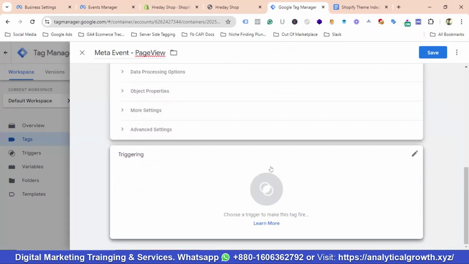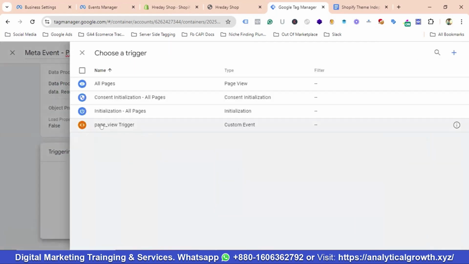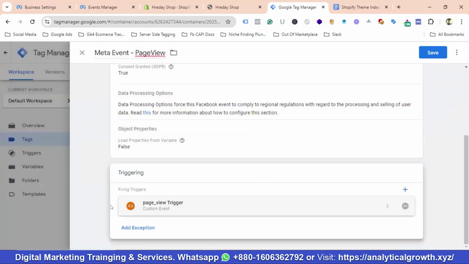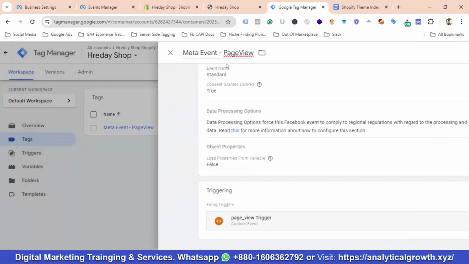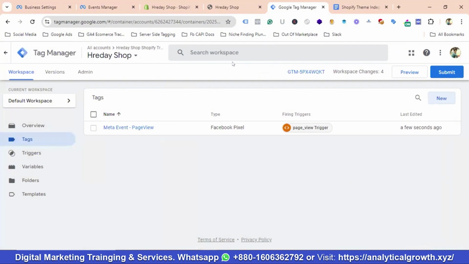As the triggering, I'll trigger it as page view trigger. So I'll click on save. Then let's go to my website and see whether the page view event is working or not,